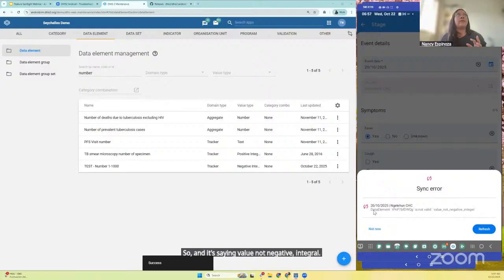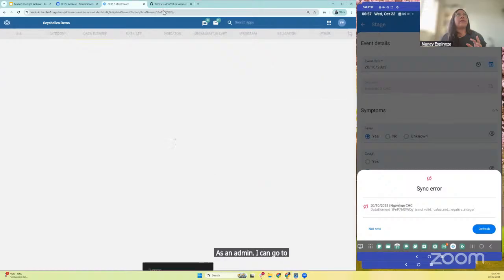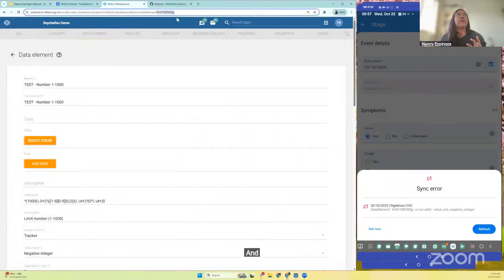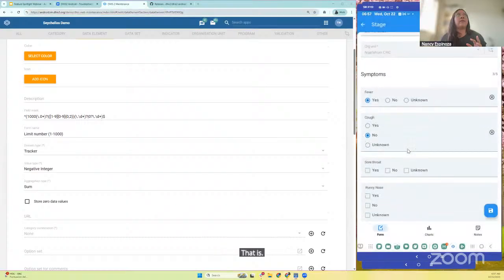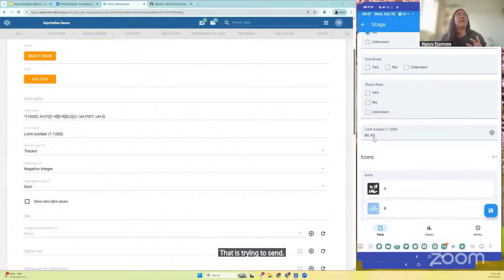Even though I don't see the name of the data element, as an admin I can go to the data elements and look specifically for the ID, which is the same ID that is showing me here. And I can now tell that it is trying to send this particular value to a negative integer